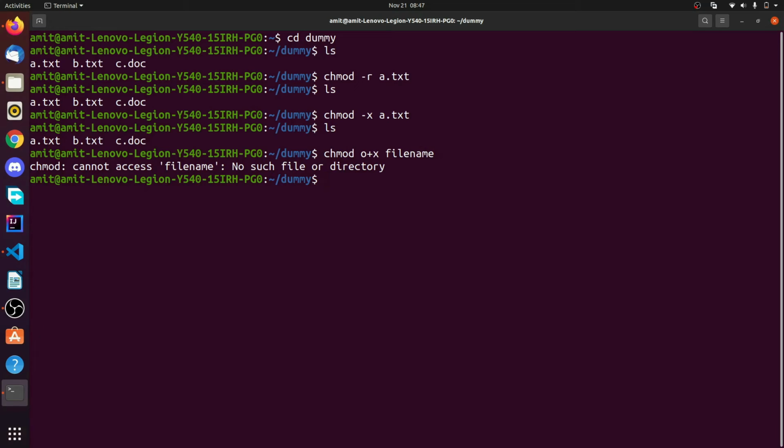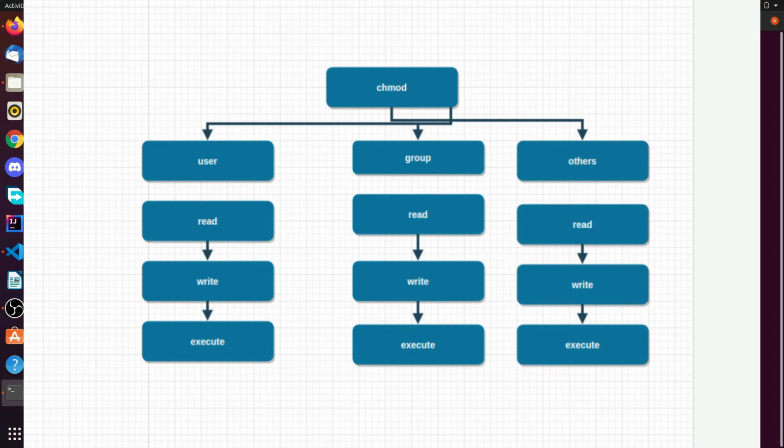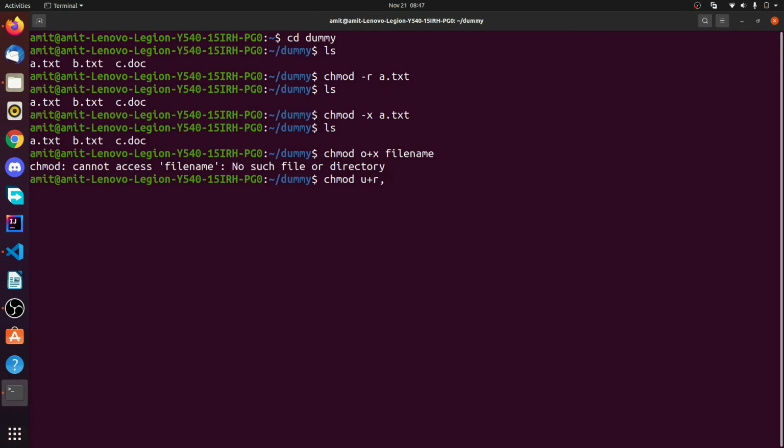Now the second thing is, suppose we want to give the user read, write and execute permission as well. So we'll write chmod, which is change mode, then u for user and r for read, then u for write and u for execute as well, then the file name. This is how it goes.